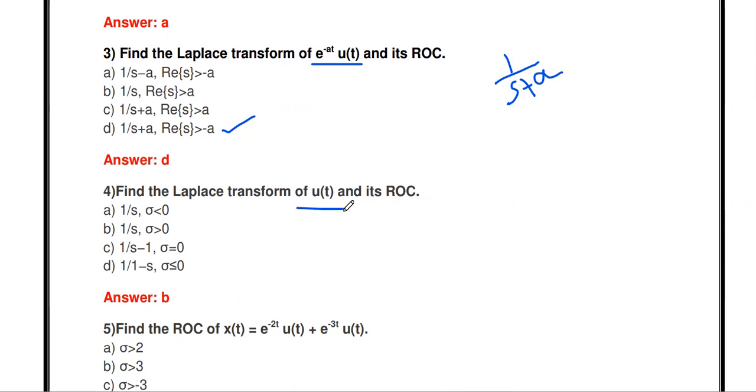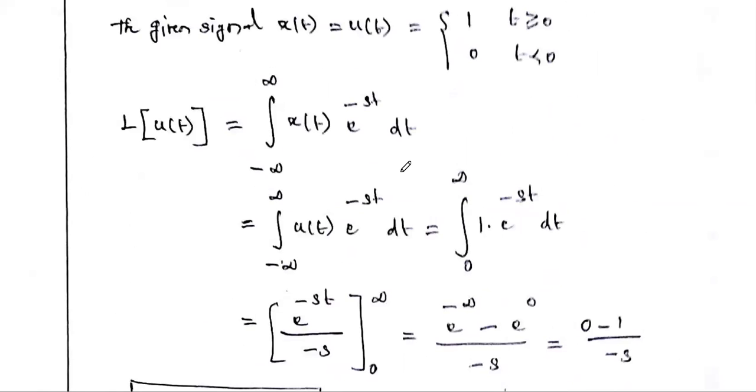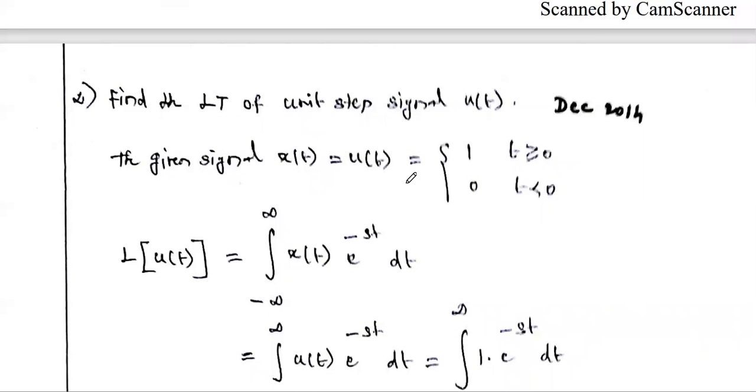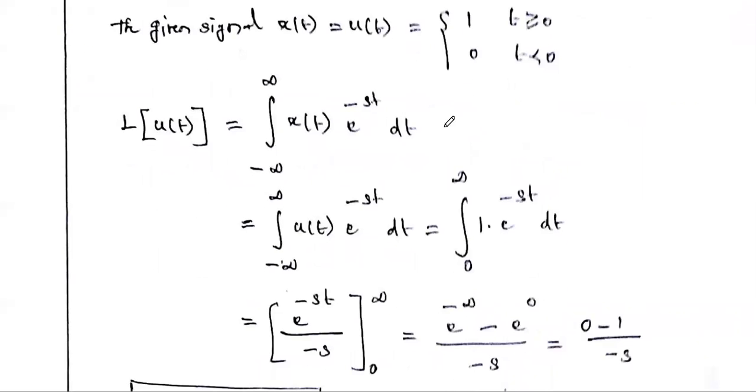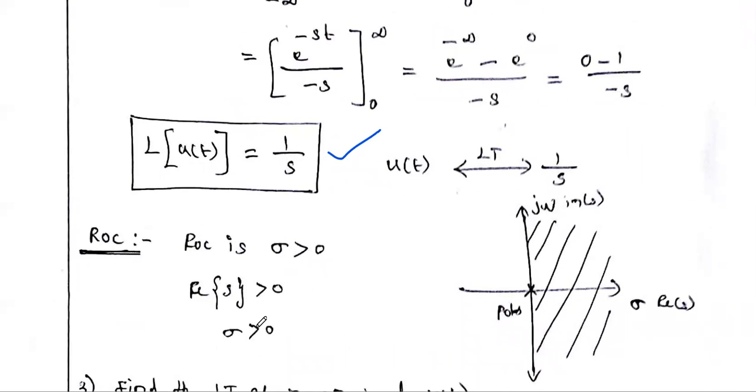Already you know the Laplace transform of the unit step signal u of t. The Laplace transform of the unit step signal is 1 divided by s. These are all very standard answers. The Laplace transform of the unit step signal is 1 divided by s, and the ROC is sigma